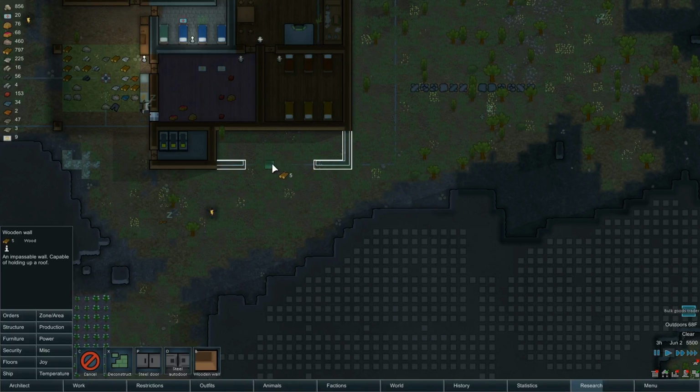Let's see, what am I trying to do here? I want to build some kind of a chicken coop. That's right, I was going to leave this to expand the kitchen. Well, we'll just do our best to make use of the space we've got. This is going to be the chicken coop. So I had vented it so that some heat would come in so they wouldn't freeze. And then I created a